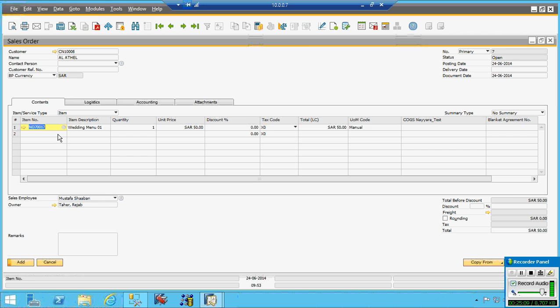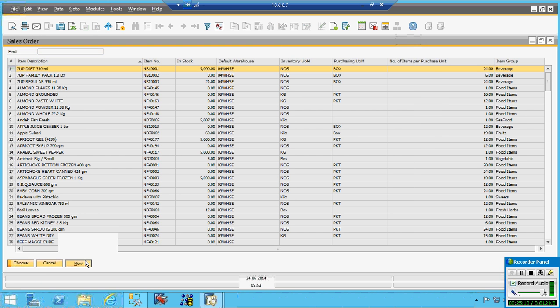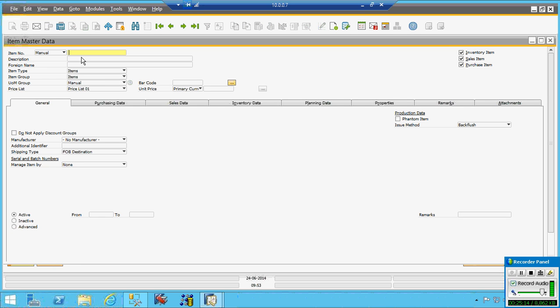Now here I can create an item as minimum what? What was the item? Correct.